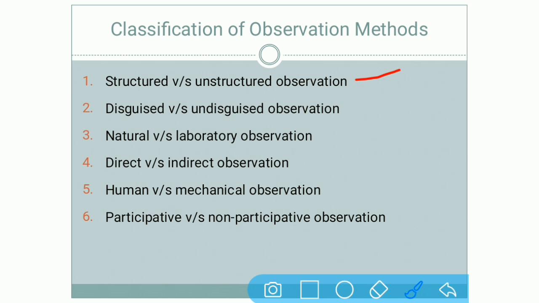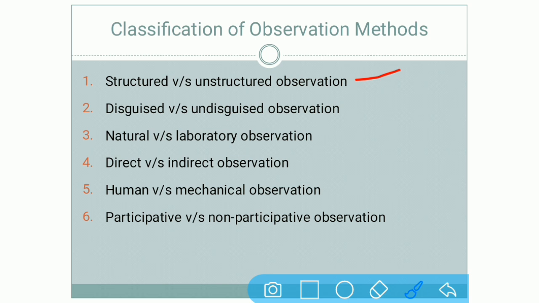The unstructured observation is what? It implies that observers are free to observe whatever they think is relevant and important for the study. Whatever they think that yes, I want to observe this, they observe that particular thing. Suppose a journal that a teacher keeps to record personal impressions of how a class is going on. That is unstructured observation. Here, a teacher is not deciding what is to be observed. Whatever things come, he or she will record all the things in the personal records.